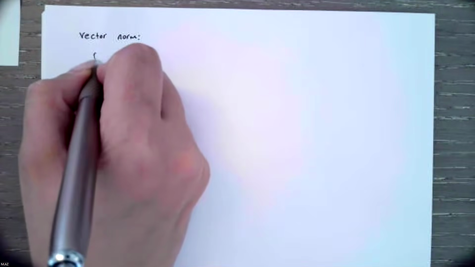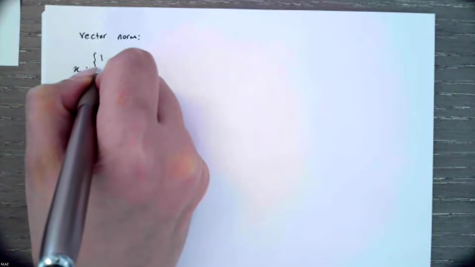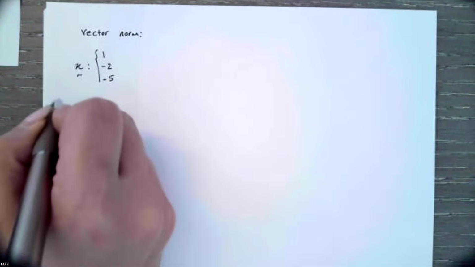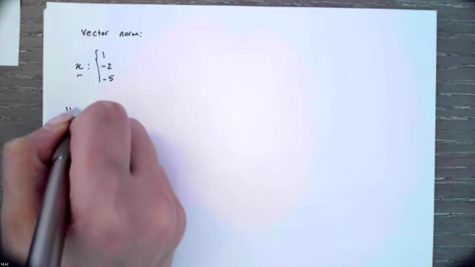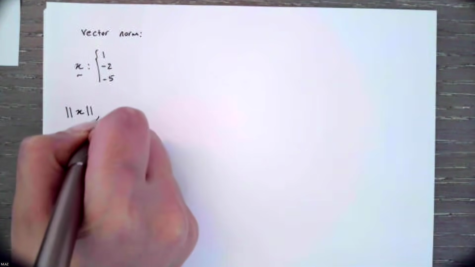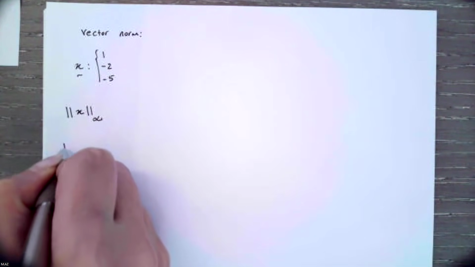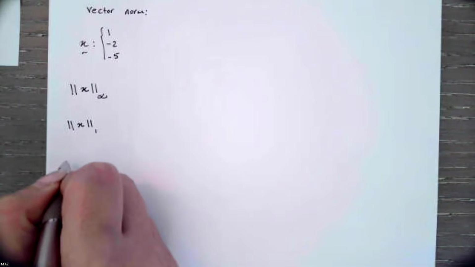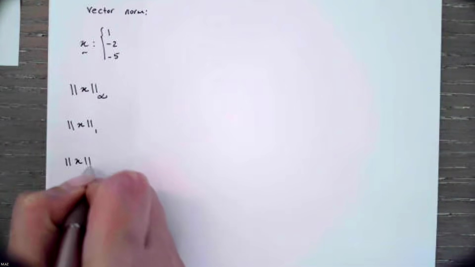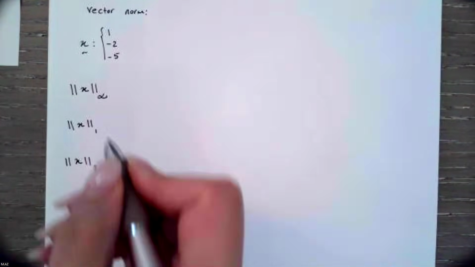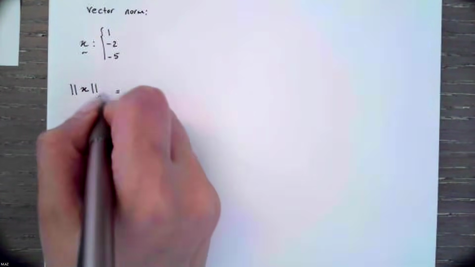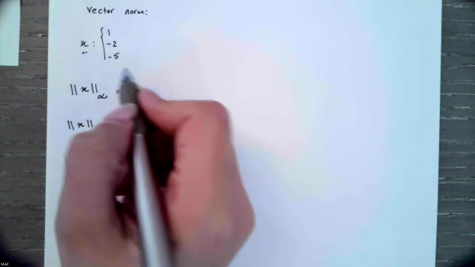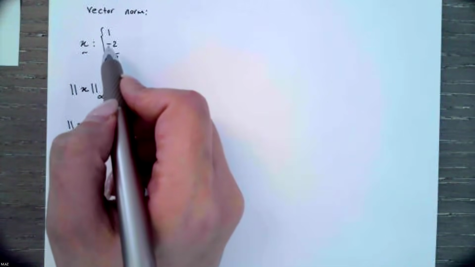For vector x with these components, we are trying to find the norm infinity, norm 1, and norm 2. For finding the infinity norm, we have to pick the maximum absolute value of